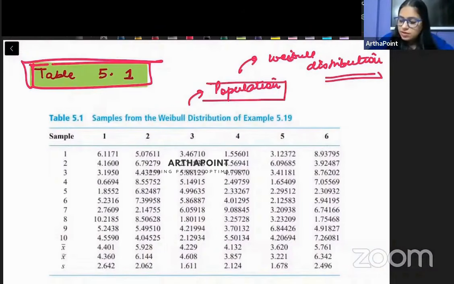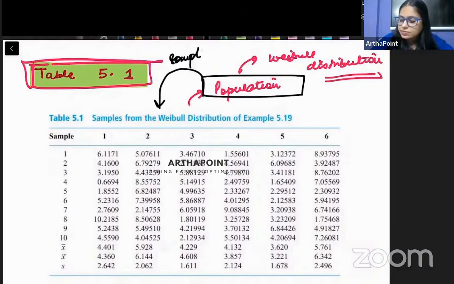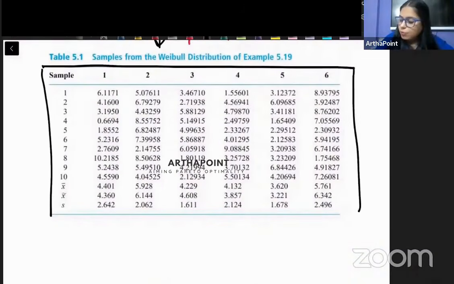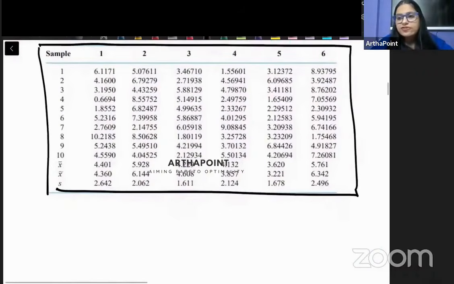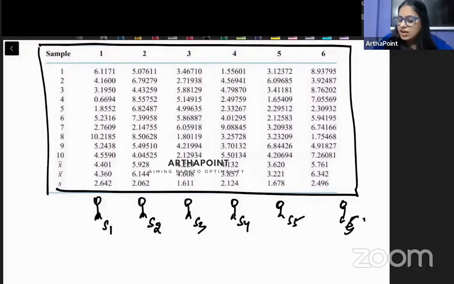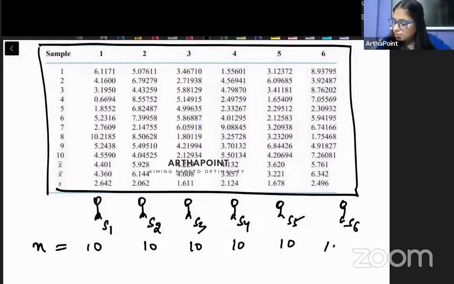So there is a population बेटा, there is a population in hand, और उस पॉपुलेशन से हमने एक सैंपल क्रिएट किया है. हाँ, अब ये सैंपल का हमें यहाँ पे डेटा दिया हुआ है. And the point is कि आप ऐसा assume कर सकते हो that there have been 6 different students. तो ये सैंपल student 1 ने collect किया, ये सैंपल student 2 ने collect किया, ये सैंपल student 3 ने, student 4 ने, student 5 ने और student 6 ने. So ये अलग अलग सैंपल्स क्रिएट किए गए हैं, and these are being created by different students. Now what you have to understand is कि हर सैंपल का जो साइज है that is 10. So the sample size is 10.